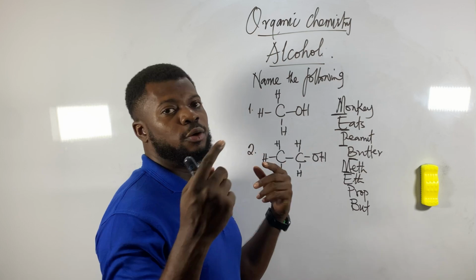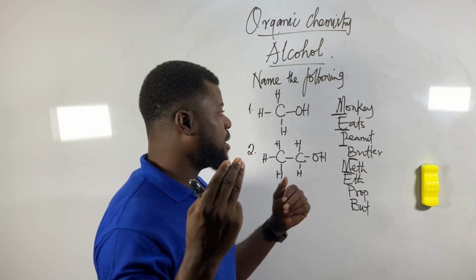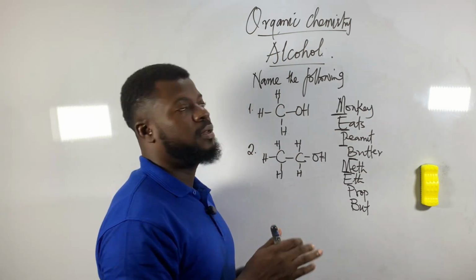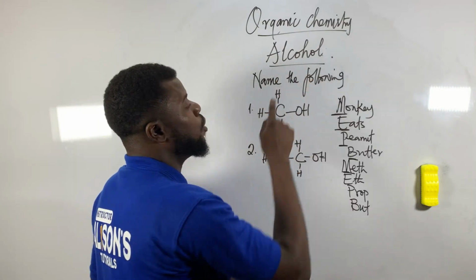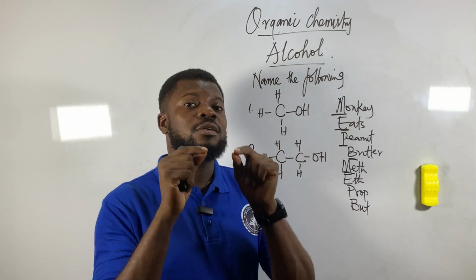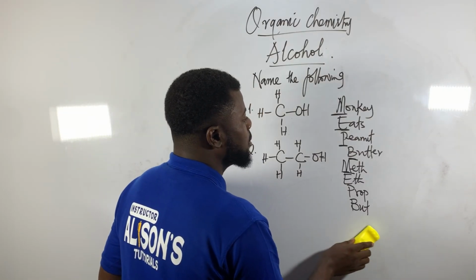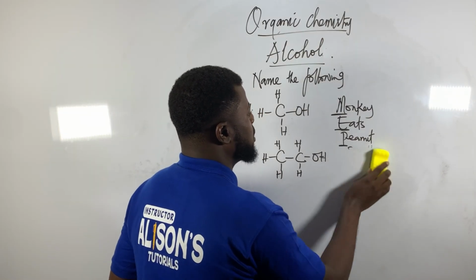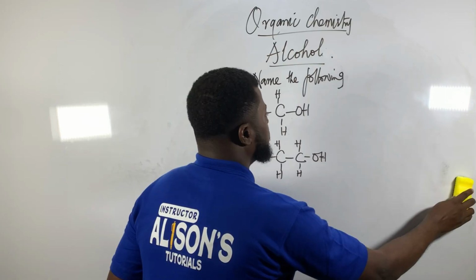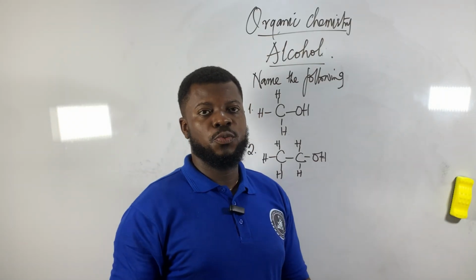As I see 2, I go use this eth. But how I want to combine now with this one? Just know say anytime they talk about alcohol functional group, you get what you call suffix. Suffix for root words. I'll show you something quickly. If I get root word wey be